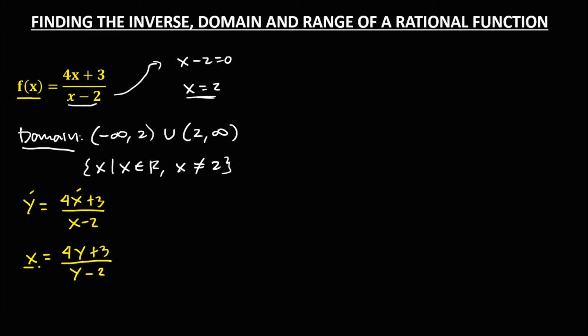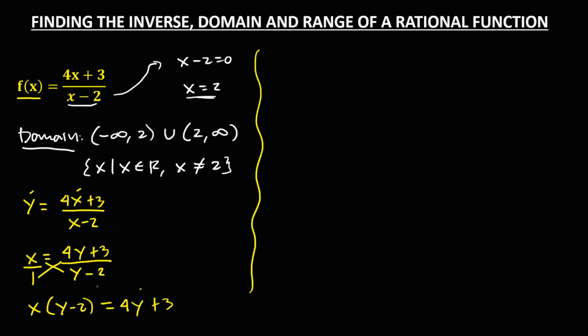Then to solve for y, cross multiply, so we have x times y minus 2 equals 4y plus 3. Then simplify, distribute this x, that's x times y, then negative 2x